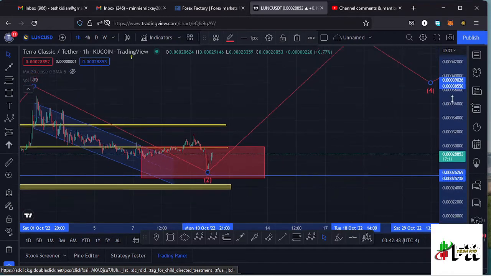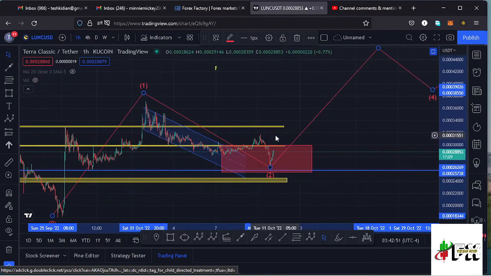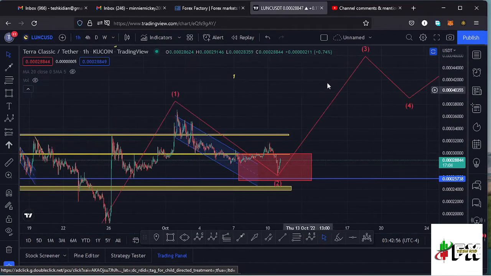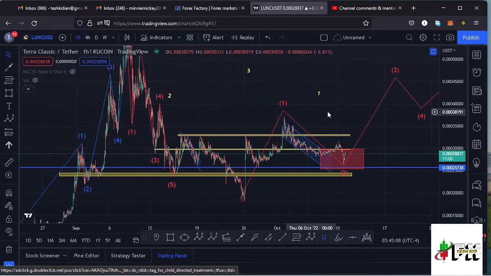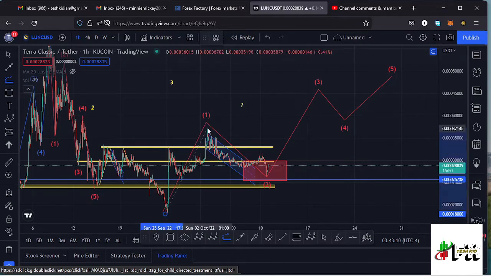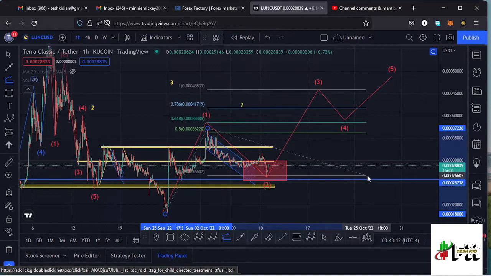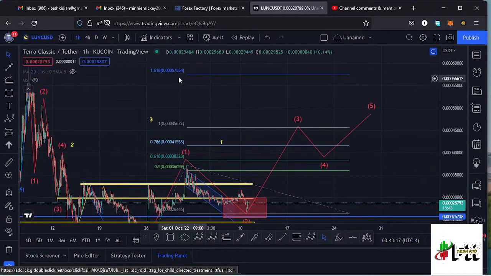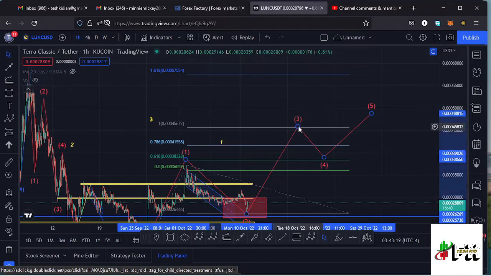to the upper side in the formation of a third wave, manage to break above these key areas of resistances that we are seeing over here, continue pushing higher in the formation of this third wave to the upper side, and using a trend-based Fibonacci, we can get a minimum target area for that third wave to the upper side, and I just need to use the trend-based Fibs, connecting them from the low of that wave 1 to the high of that wave 1, then dragging the Fibs to the low of the wave 2, and that gives me a minimum target area to the upper side at the fib level 1.618, and that lies